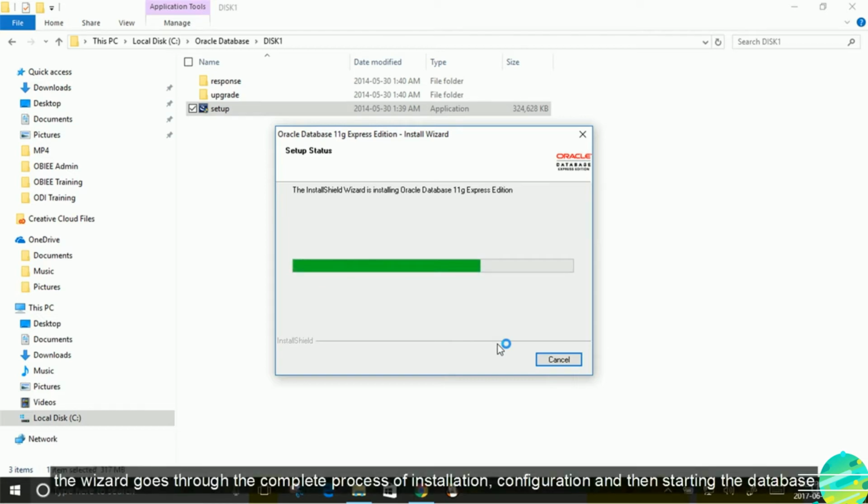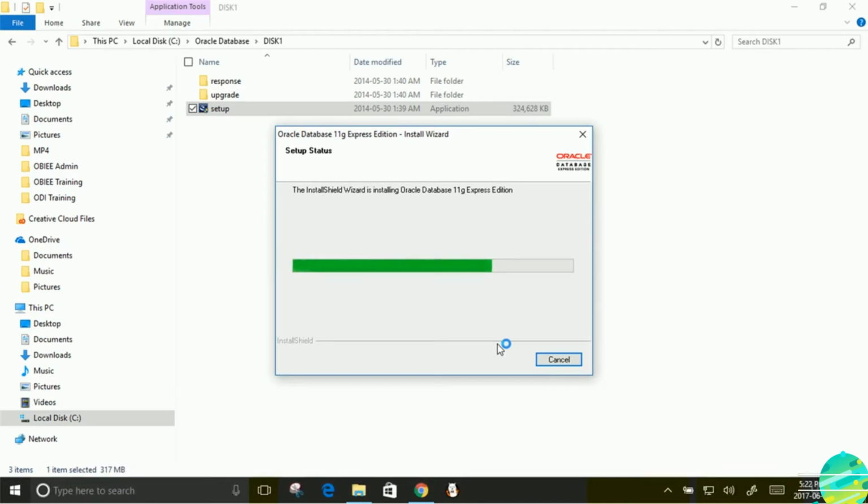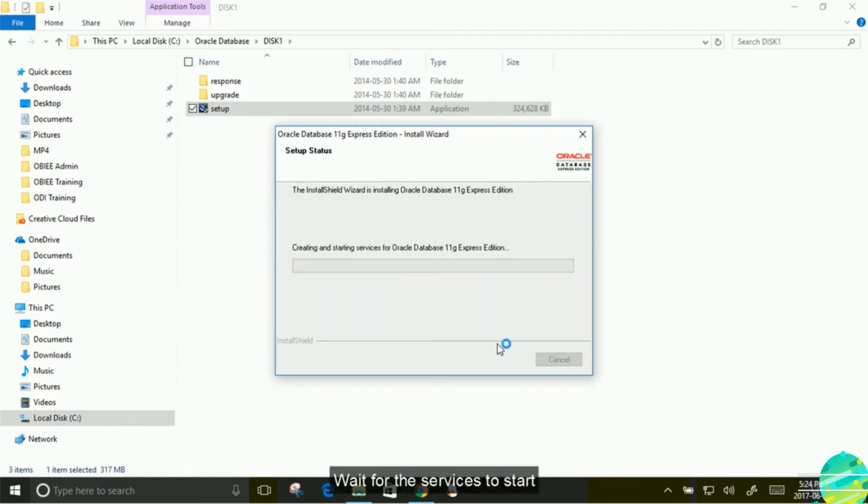It goes through the complete process of installation, then configuration, then starting the database. It's going to take some time. Wait for the service to start.